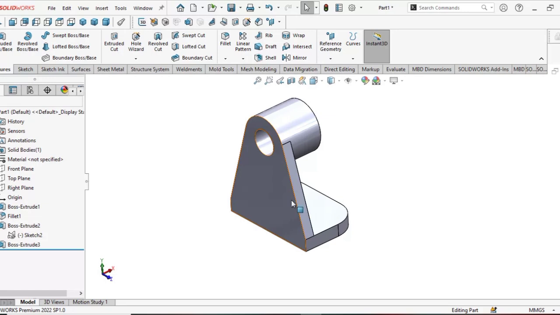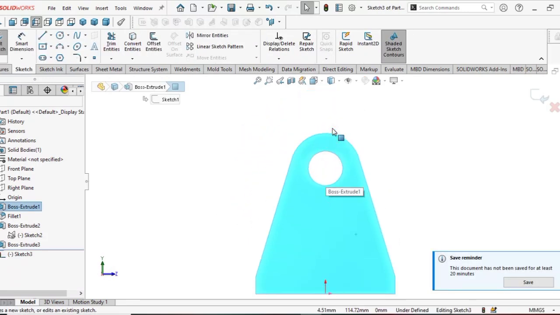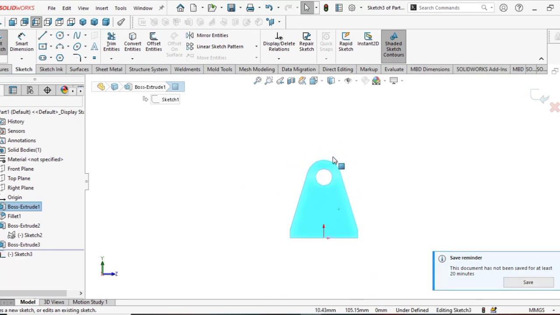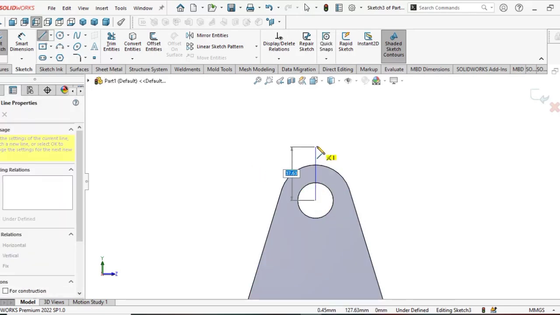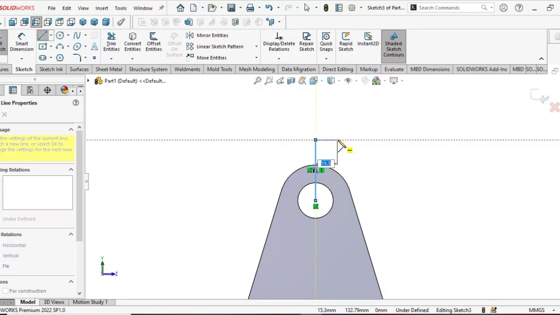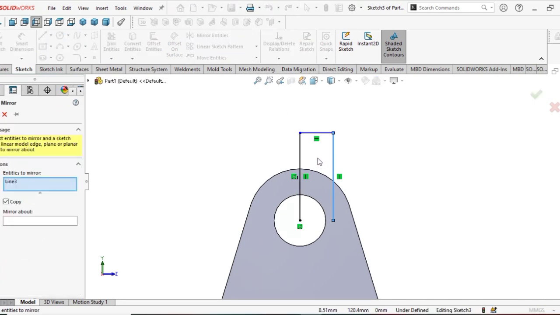So now you can select this part at the back, click on sketch. So from there now you can draw a line from the center. Now going this up this point here, I can mirror it, edit it to mirror this line and this line and this line, mirror about this line. Click OK,